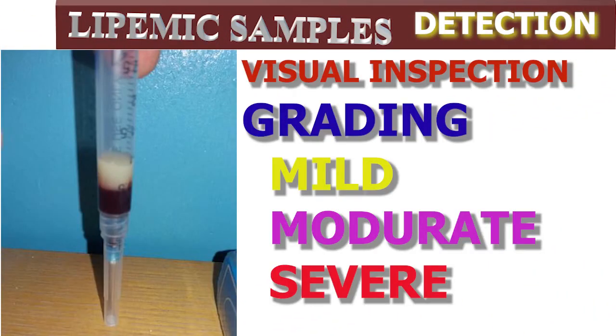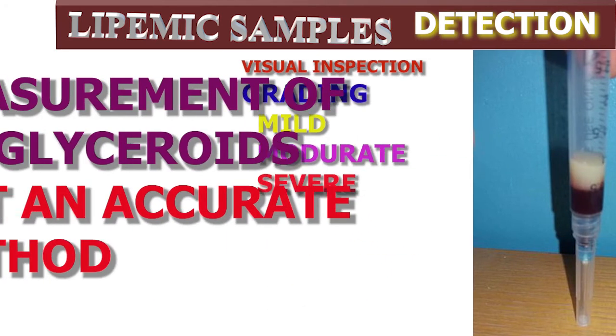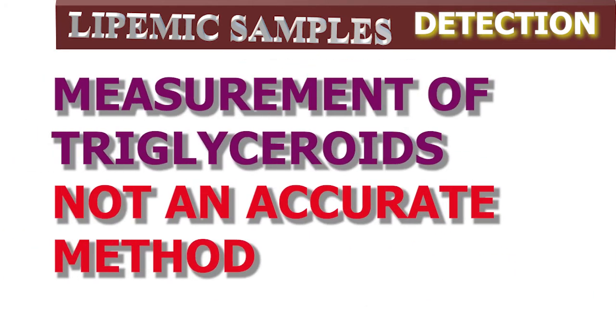Detection of lipemia. The simplest method is visual inspection of the sample. This method is common in all labs. The level of lipemia may vary by individual. In laboratories, visual inspection of the sample is reported as mild, moderate, and severe. Measurement of triglycerides in plasma or serum can roughly approximate the degree of lipemia, but it is not an accurate method